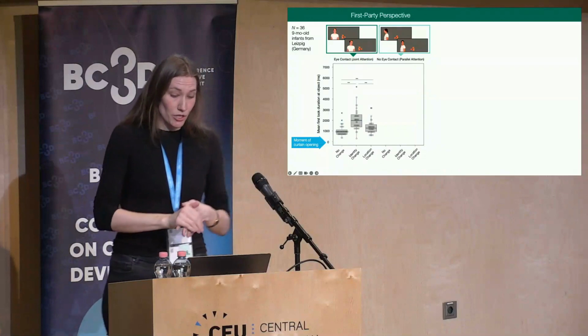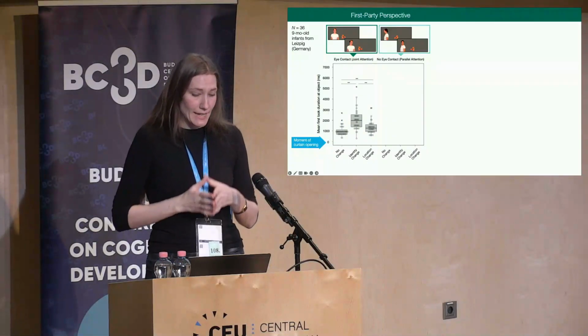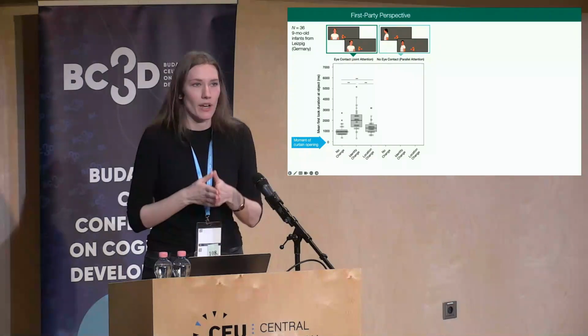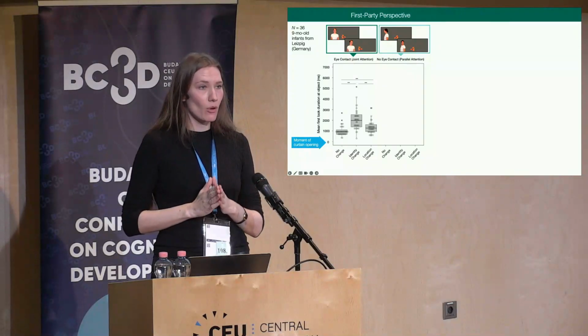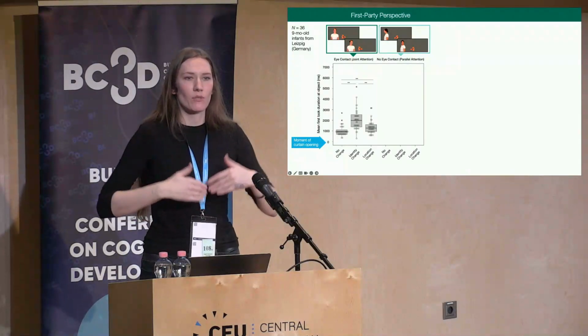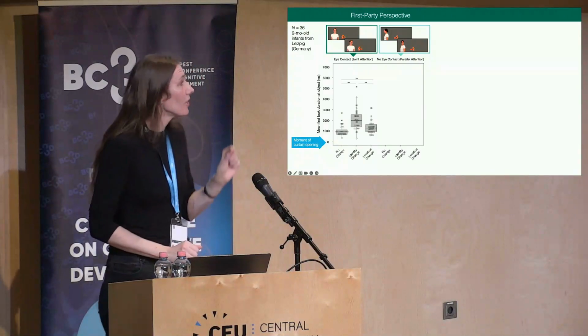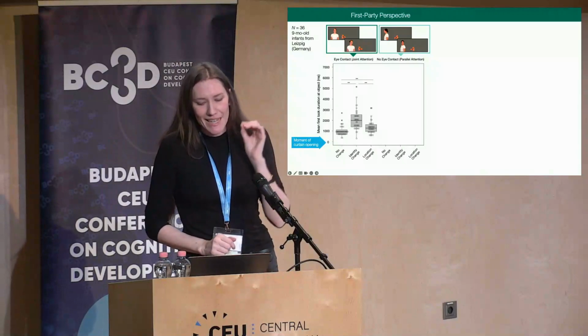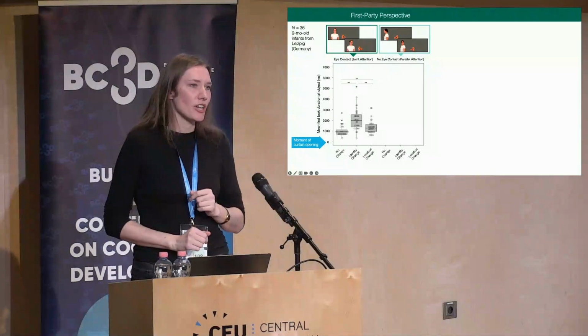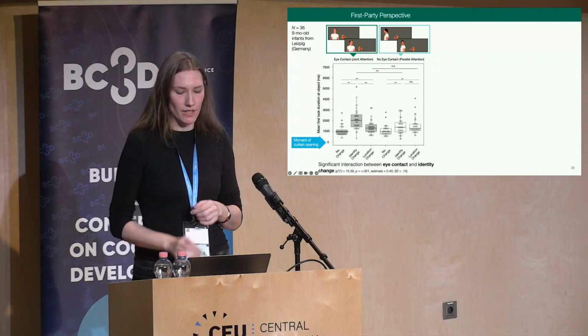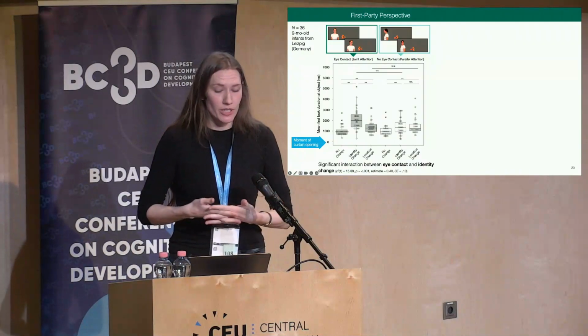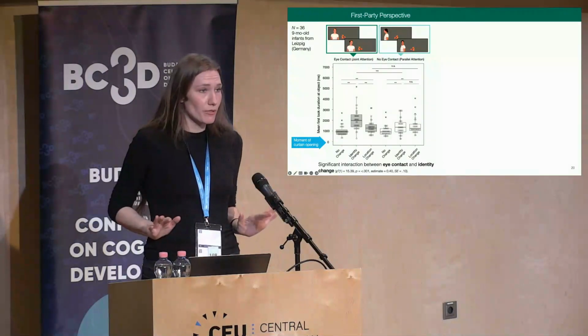In the eye contact condition, we found that infants showed both an identity and a location bias. So in other words, they were surprised when the location of the object had changed. They were also surprised when the identity had changed, which makes sense, I think. Importantly, however, infants' looking time response was significantly higher at the identity changes as compared to the location changes in this condition. Also in the no eye contact condition, both changes were surprising for infants.